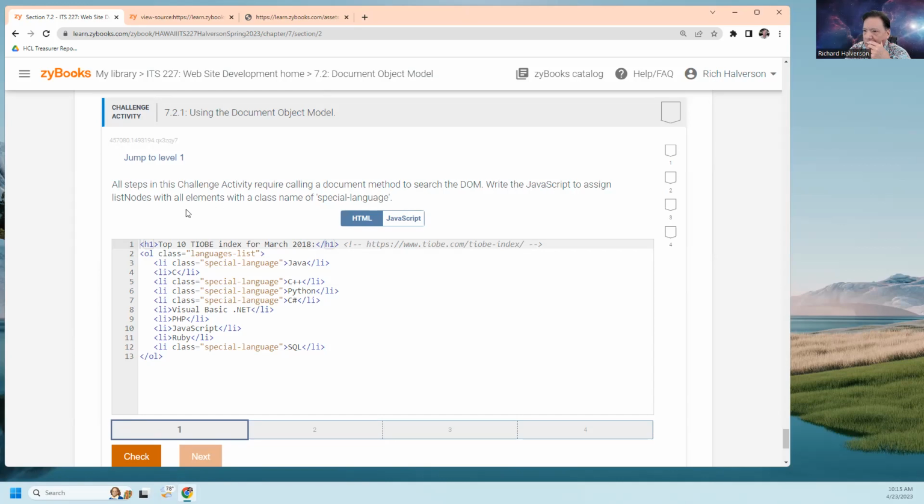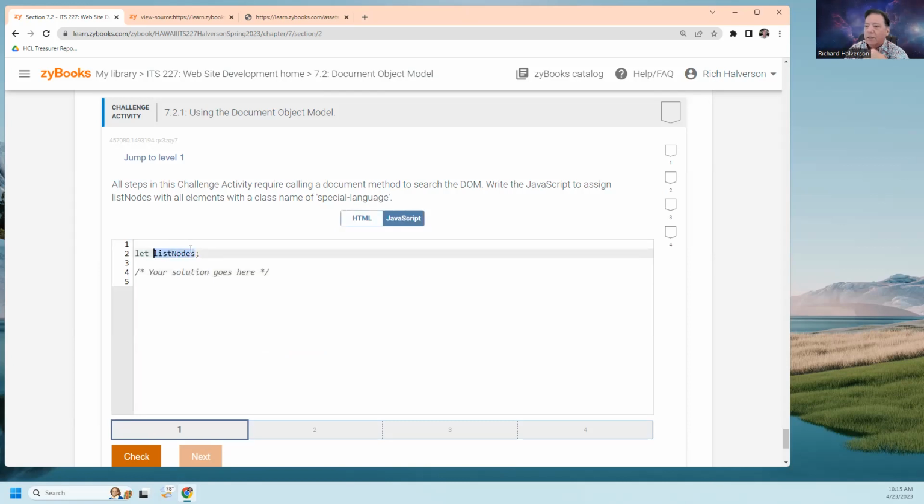Write the JavaScript to assign list nodes. Okay, let's go to the JavaScript. Here's JavaScript. I clicked up here, this is how you go back and forth. I have a variable which I've defined called list nodes, and I'm going to say list nodes is equal to something. How about list nodes equals